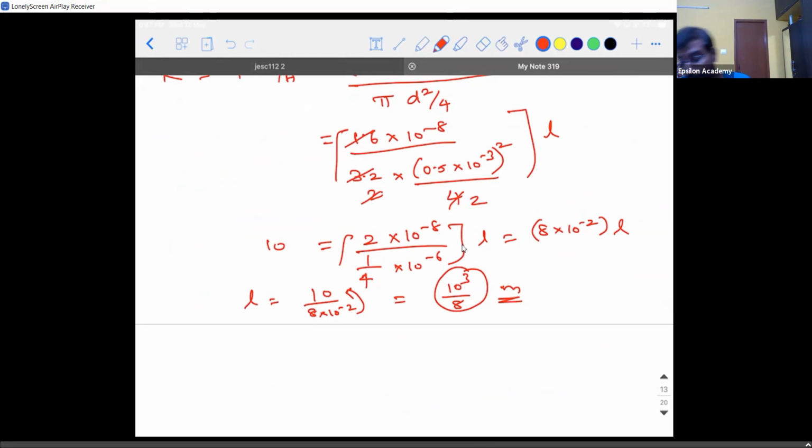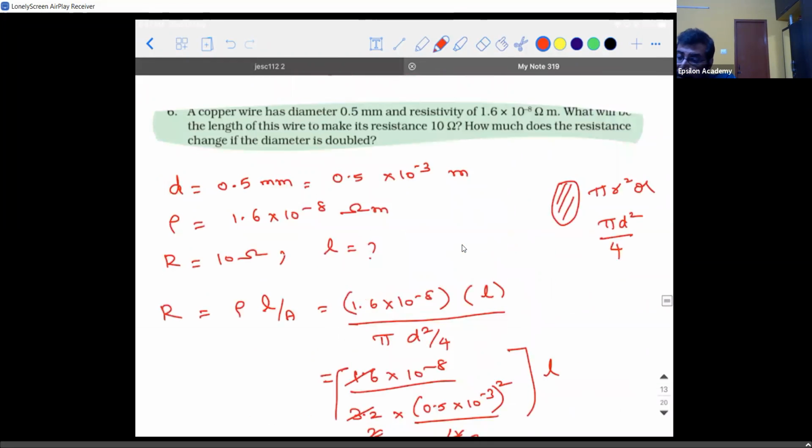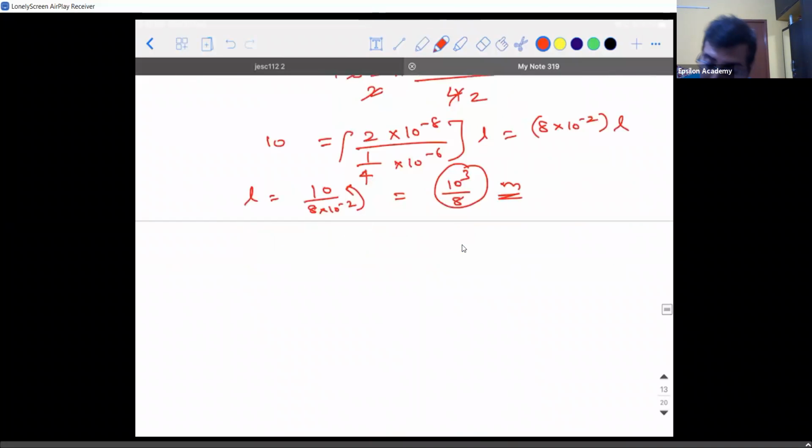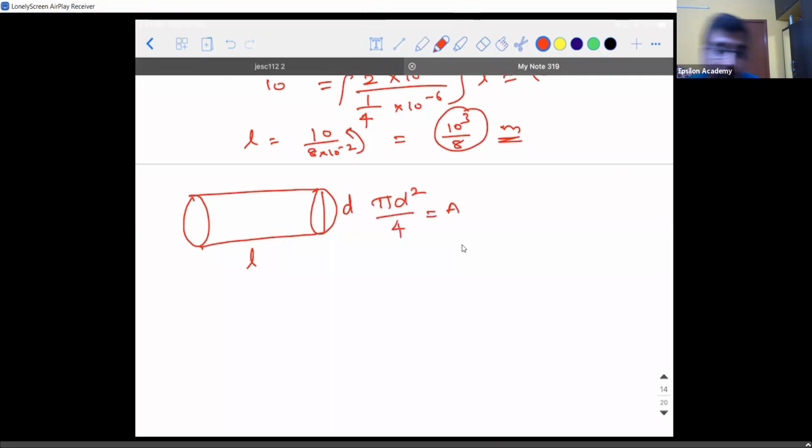Now, what is the second part of the question they are asking? How much does the resistance change if the diameter is doubled? This is a very important thing. Okay. So what happens is, listen to this carefully, okay? If the diameter is d, then how much is the area? pi d square by 4. I will call it as A. Okay. If the diameter is doubled,